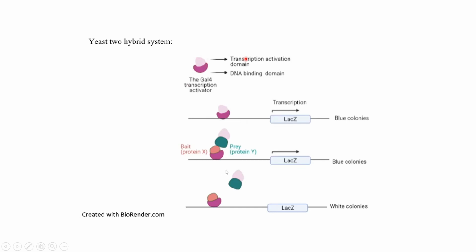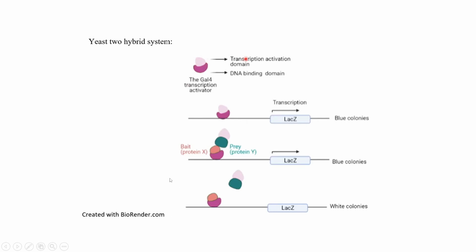Another technique which can be used to study protein-protein interaction is confocal microscopy, by tagging the two different proteins with different antibodies, through the immunofluorescence technique. So in immunofluorescence, generally what we do is that you have the cells, you first fix them. You fix the cells with paraformaldehyde. Then you have to use Triton X. Triton X is a detergent which will permeabilize the cell, so you use a permeabilization agent.